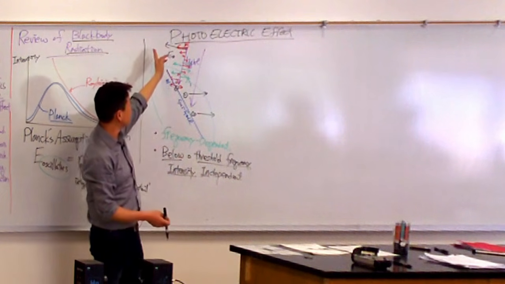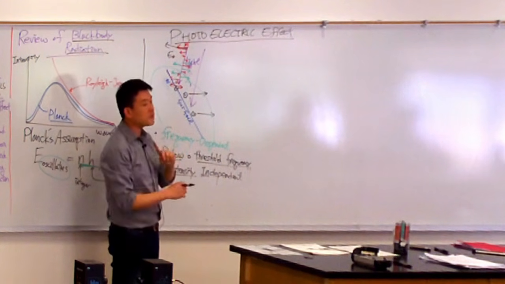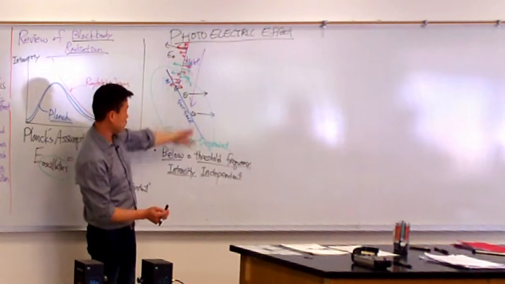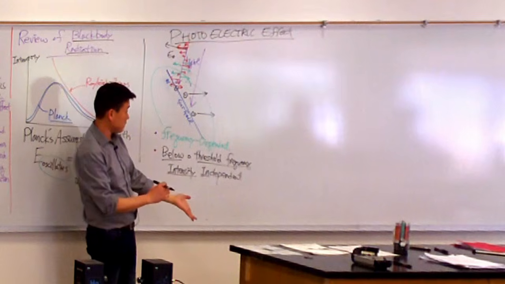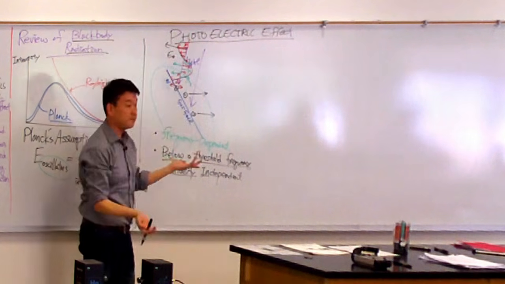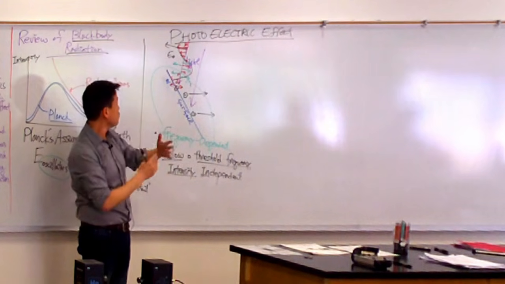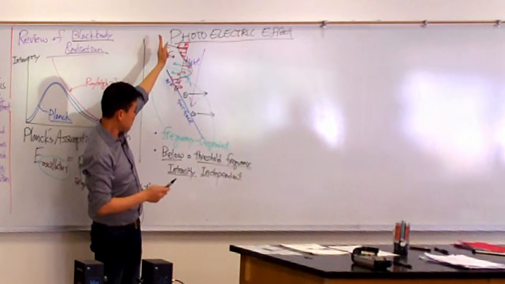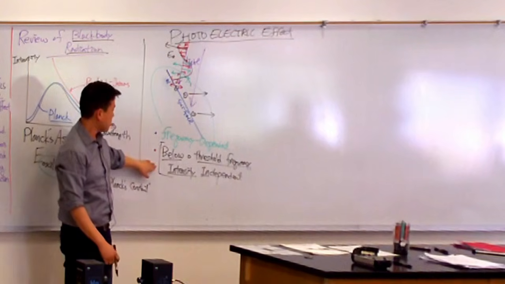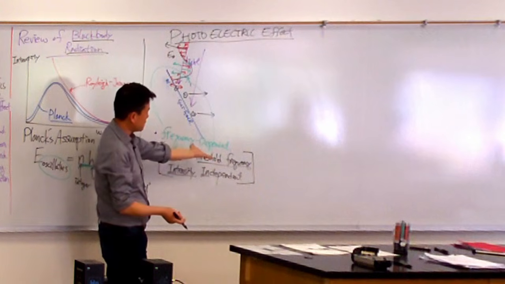Even if you were to look at the rate of change of electric field, well, you can keep the frequency the same. So as far as the rate of change of electric field goes, whether you double the frequency or you double the electric field or quadruple the intensity, they should work out the same, because it's the same sinusoidal thing. You can make this slope steeper by either increasing the frequency, so decreasing the wavelength, or by increasing the amplitude. So this is really the biggest piece that you cannot explain based on classical mechanics.